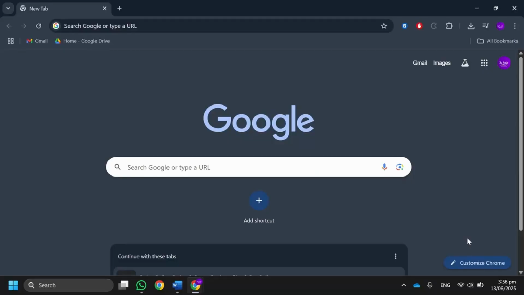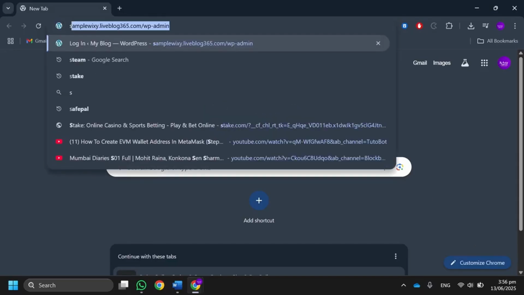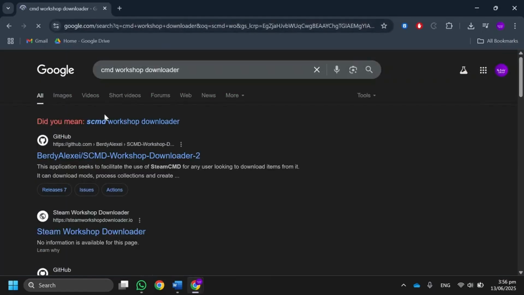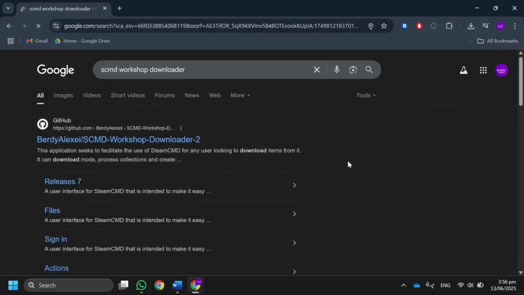The first thing that you want to do is open up any web browser and go to Google. After that, search for SCMD Workshop Downloader and press enter. Over here, open the GitHub link